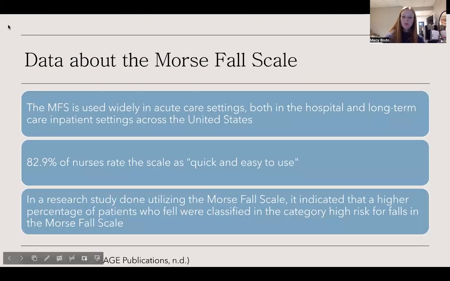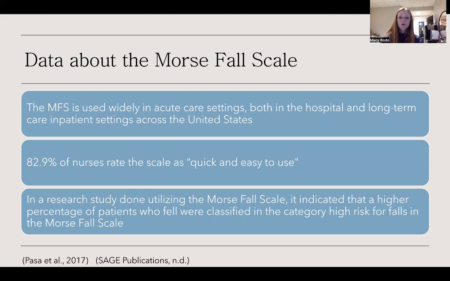So some data about the Morse Fall Scale. The Morse Fall Scale is used widely in acute care settings, both in the hospital and long-term care and patient settings across the United States. 82.9% of nurses rate the scale as quick and easy to use. And then in a research study done utilizing the Morse Fall scale, it indicated that a higher percentage of patients